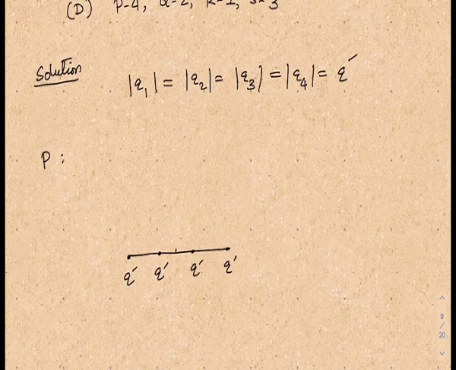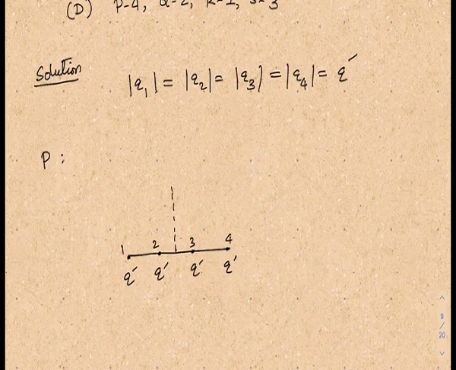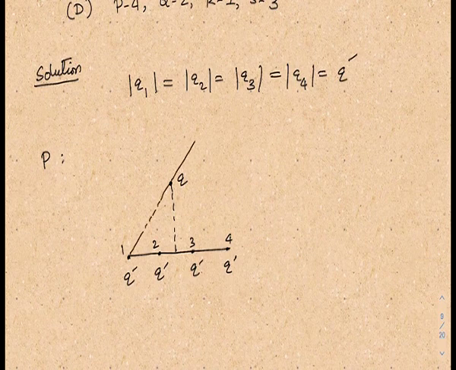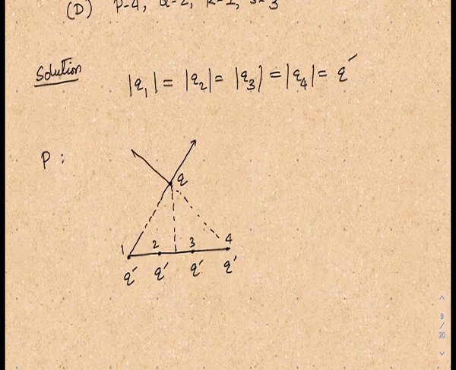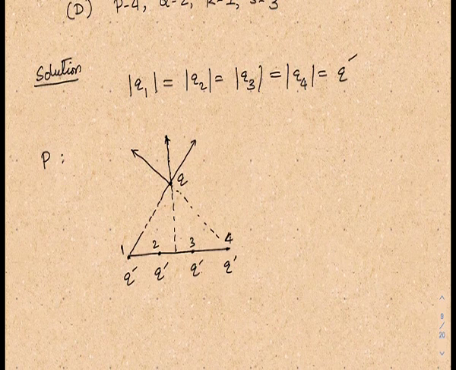So Q dash, okay, so at positions 1, 2, 3, 4, and here we have the charge q. Let us find out the force due to these charges at this point q here. From position 1 the force would be simply along this direction, and from position 4 it would again be along this direction. So the resultant would be something like this, because of the charges at positions 1 and 4.